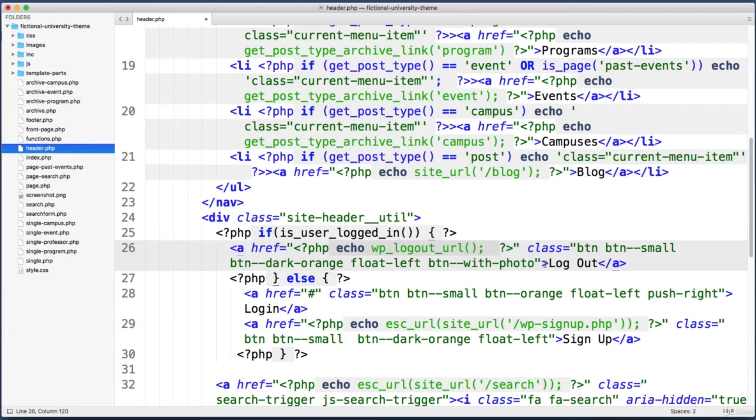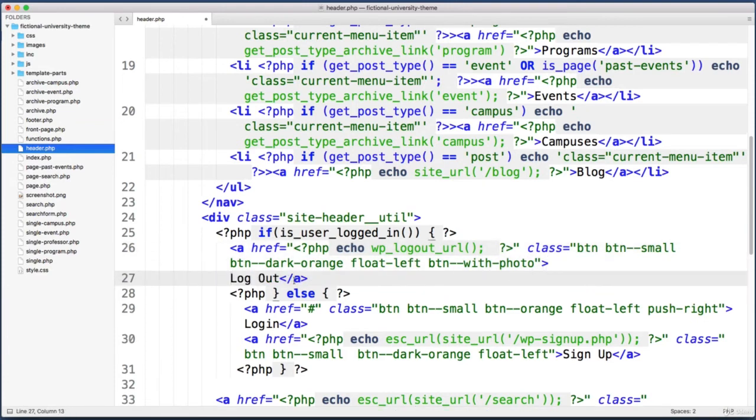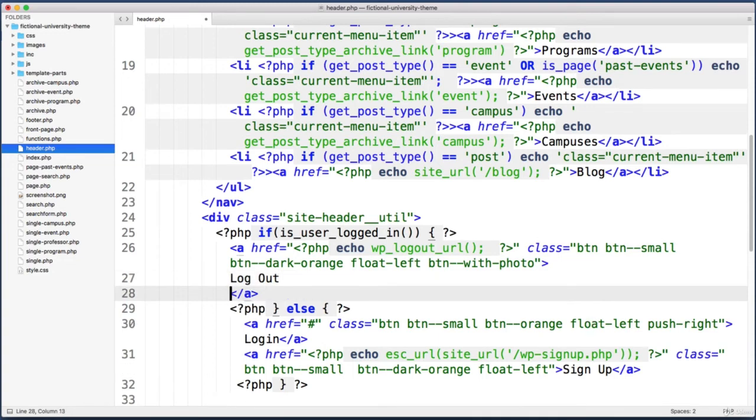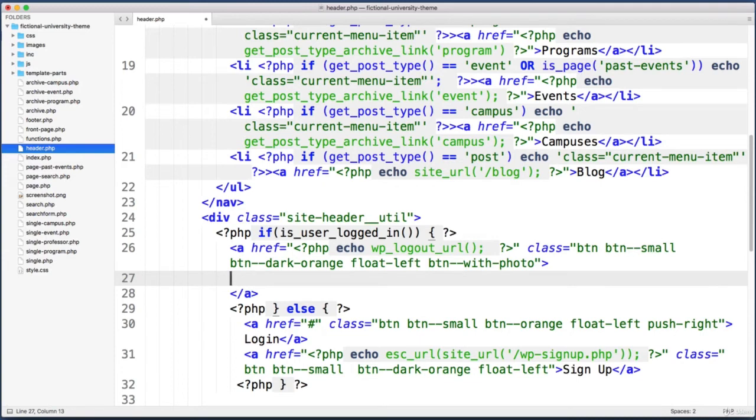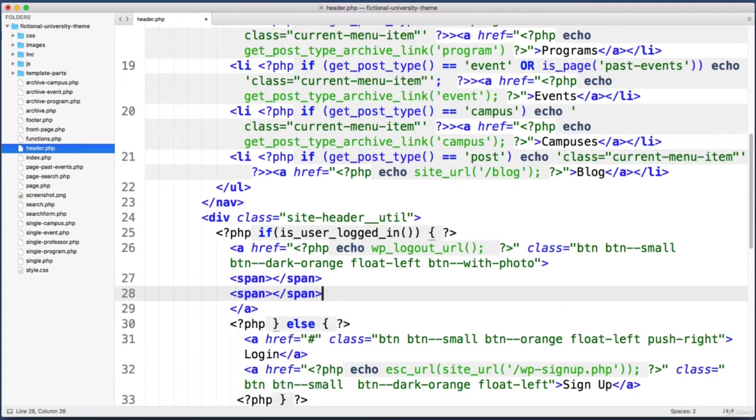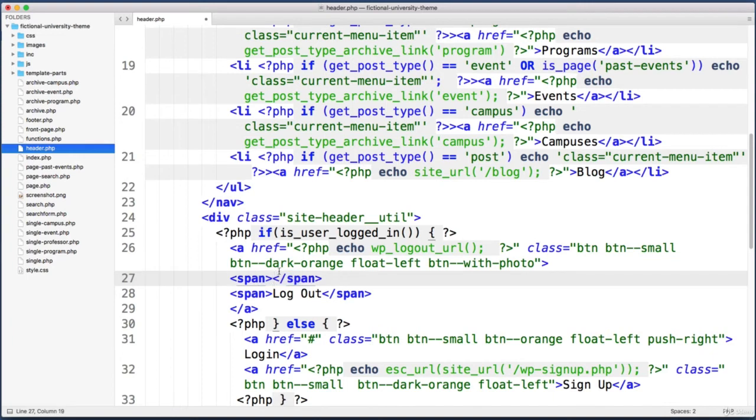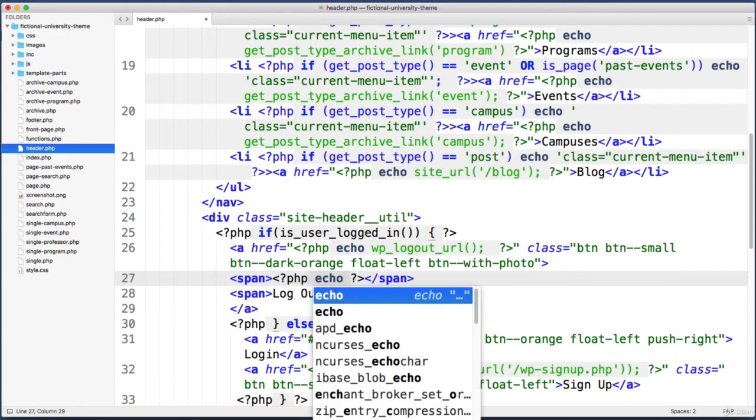Okay, and then within the actual A element, right before the words log out, I'm going to drop down to a new line so we can stay organized. And just for a couple of seconds, we can delete log out, and in its place, let's add 2 empty span elements. So span. Within the second span, we can say log out. And within the first span, let's output the user's avatar or profile image. So within this span, let's drop into PHP and echo out a WordPress function named